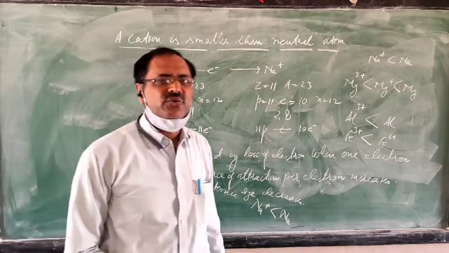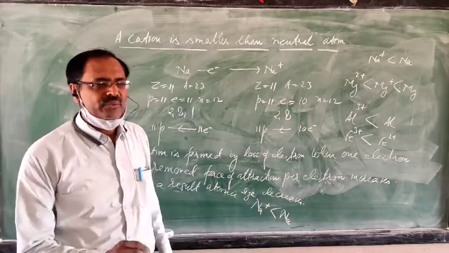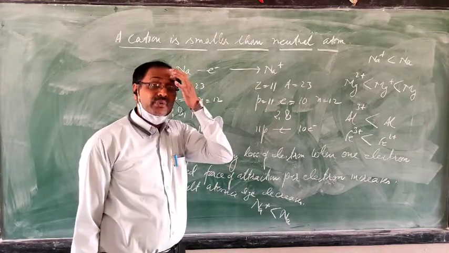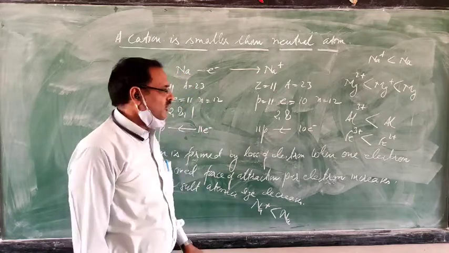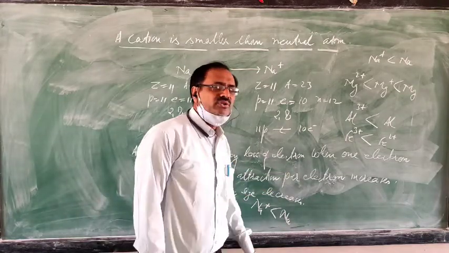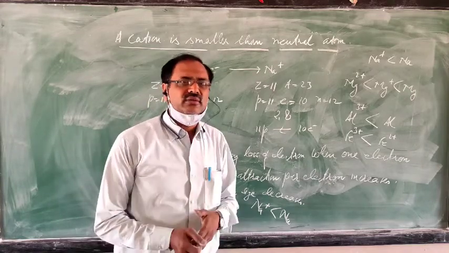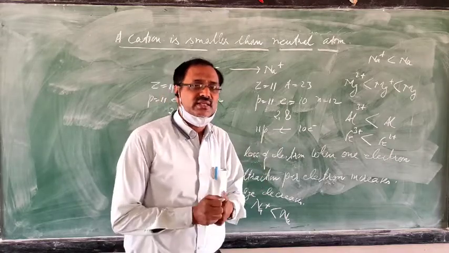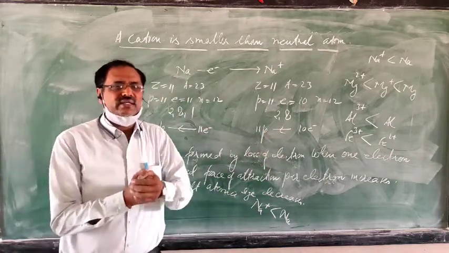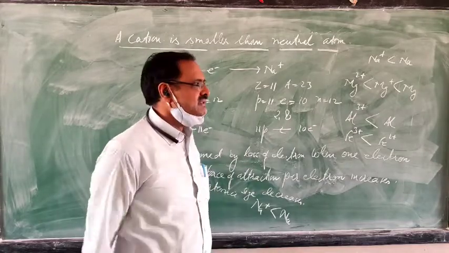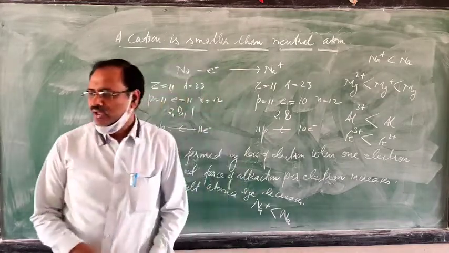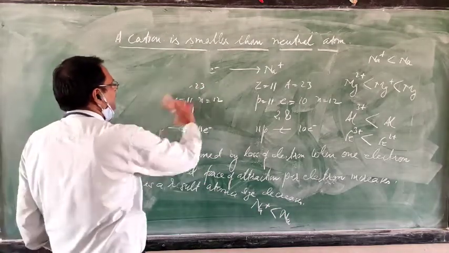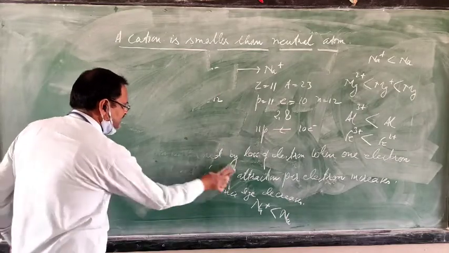Now it is very simple. If any cation is formed from its neutral atom, the size of the cation will be smaller than the neutral atom. What is the reason? When one electron is removed, force of attraction on the outer shell electrons will increase. So when the force of attraction from the nucleus to the outermost shell electrons increases, the outer shell will be contracted. It means atomic size will decrease. Now next one is size of anion. Cation I have seen, now anion you can see.